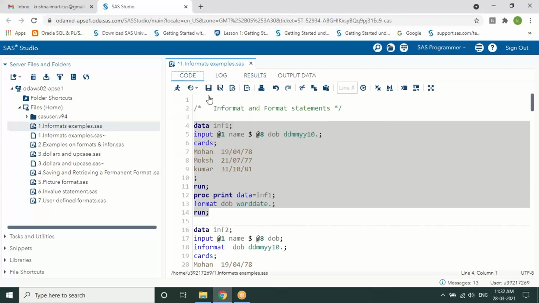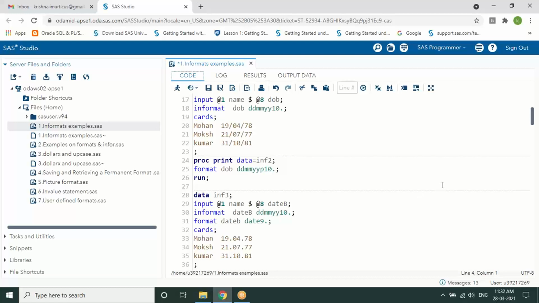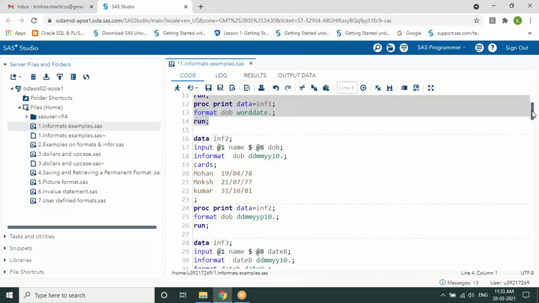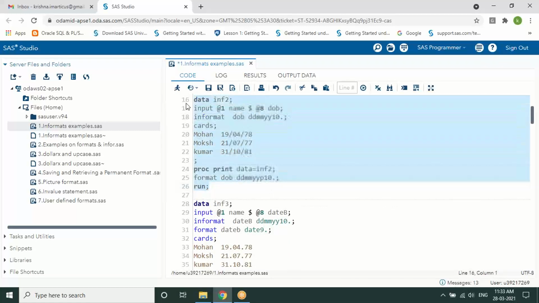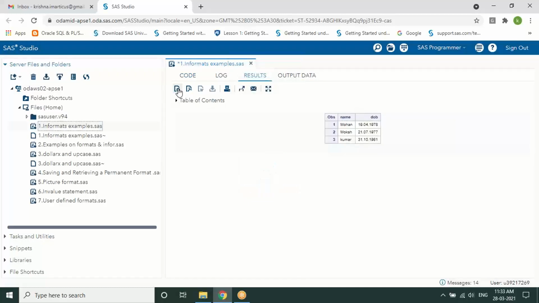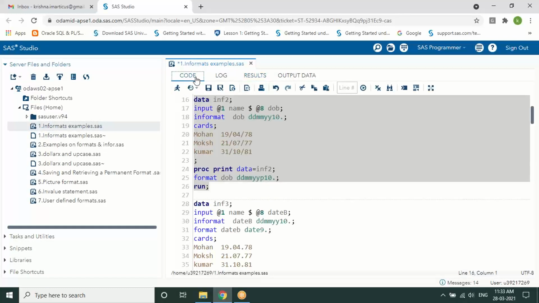If you see the second program in the same thing, here we have the different types of date format that you can specify. Reading is one which we require, output is something which we want to put.